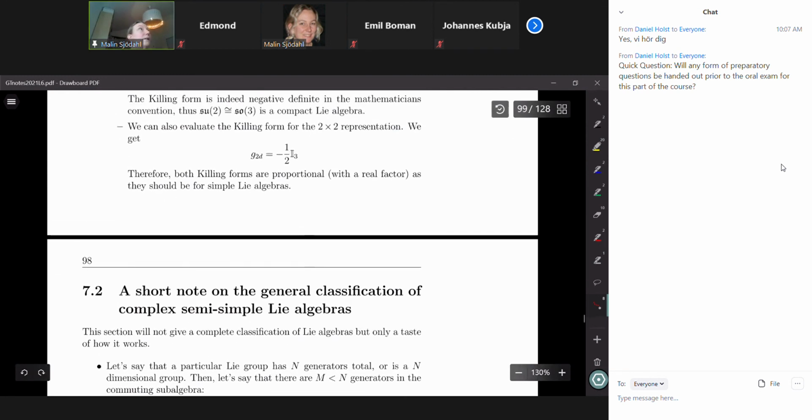Do we have any questions to that? If not, we will move on towards the classification of Lie algebras. I should say immediately that what will be presented is not a full classification, but rather a taste of why it so happens that one can only have a limited number of Lie algebras,